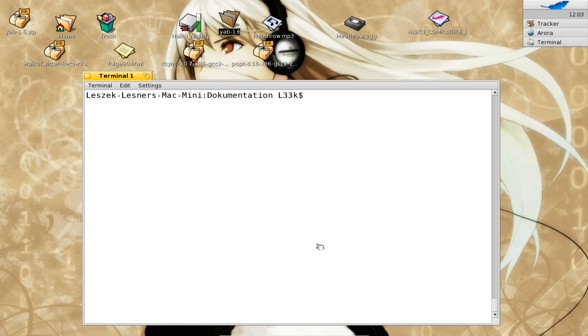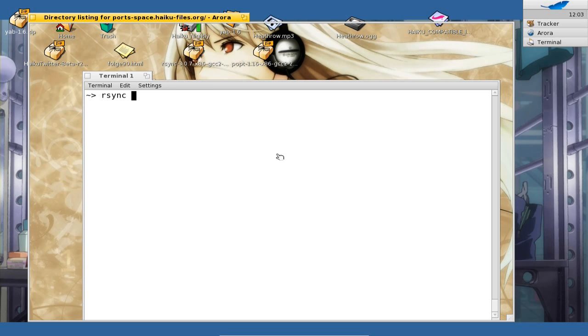So this is quite a nice feature, rsync. It works also the other way around, so you can copy things over from your Mac Mini to your Haiku machine. So a restore of a previously made backup is also possible with rsync, and rsync is a pretty nice tool. As you can see, you only need 2 libraries, rsync and then the popt package that you can get from